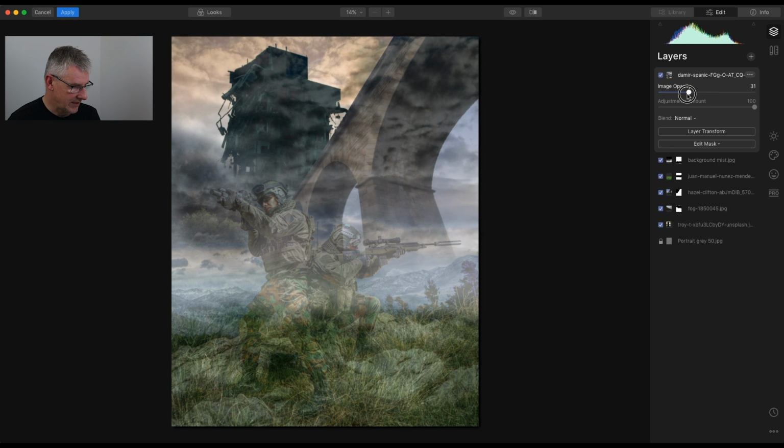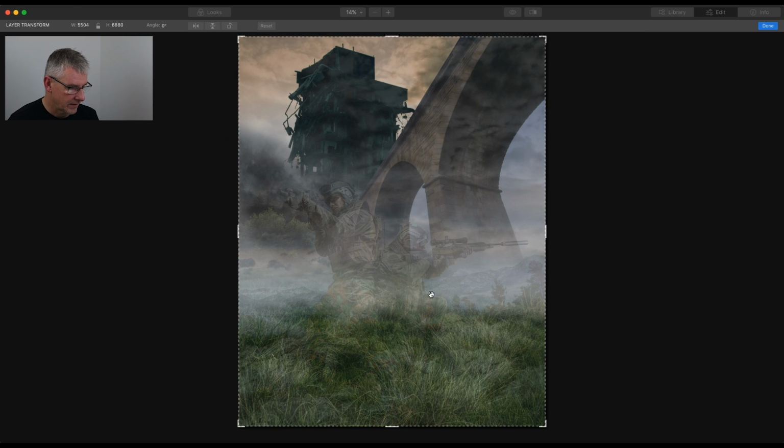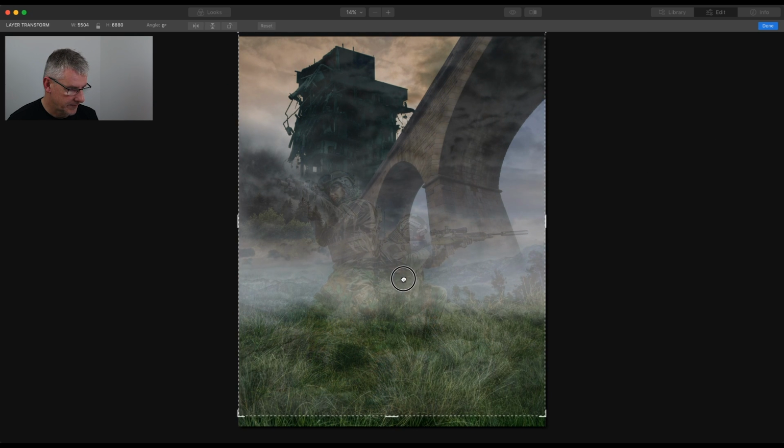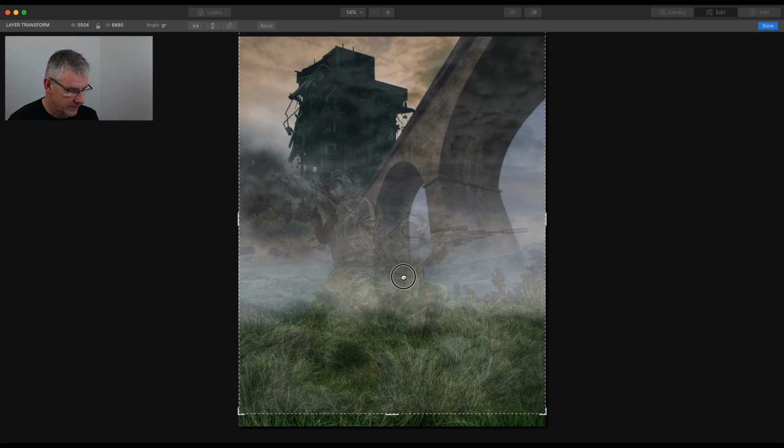If you notice there, it's worked quite well from the point of view of the placement, as the bridge is going to disappear behind him, so any edits that we have missed are going to be hidden behind them. But I'm going to raise them slightly, because I'm looking for a nice line and a lead line from these. So I am going to turn that layer transform on, and I'm just going to move them up. If I do that to about there,